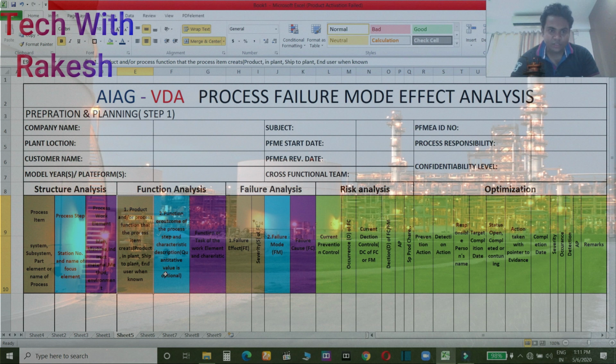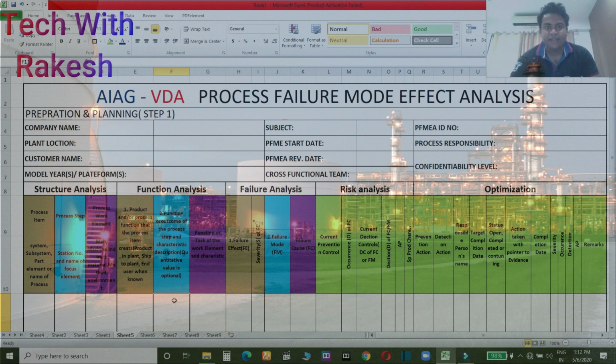In second, you will see what are the outputs. So what is the output of that process step? Here process step 1, step 2, step 3, in every step will be some output. In every process will be some output. So here output will be written like that, dia 3 mm. Yeah, you can write only dia also. 3 mm is not required. Like that, what is the output of your process step?